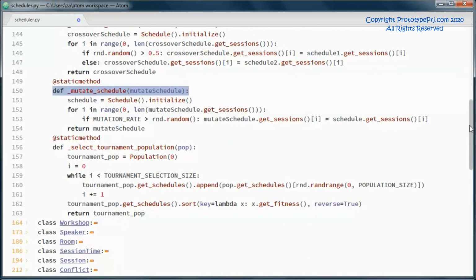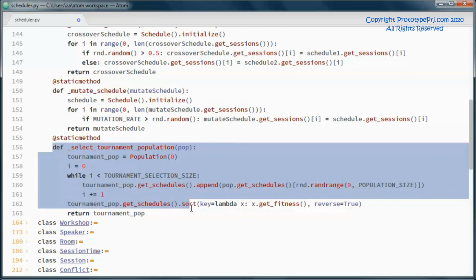And this method does tournament selection.